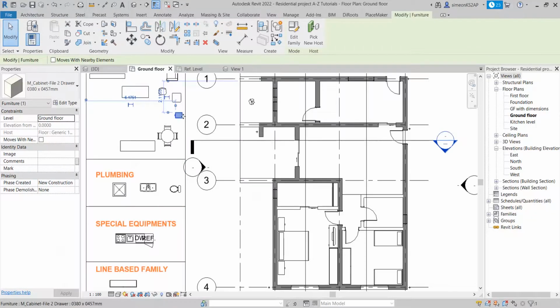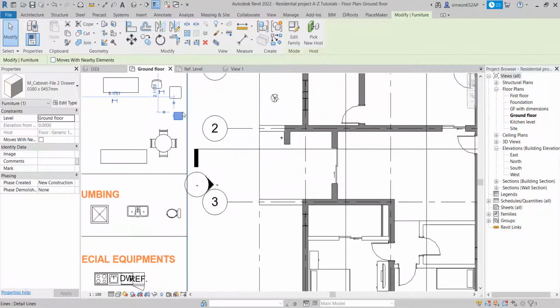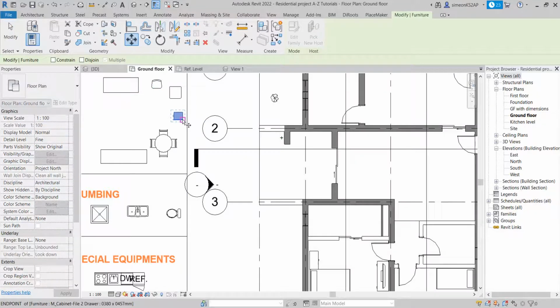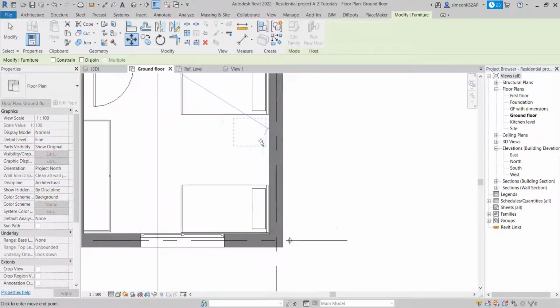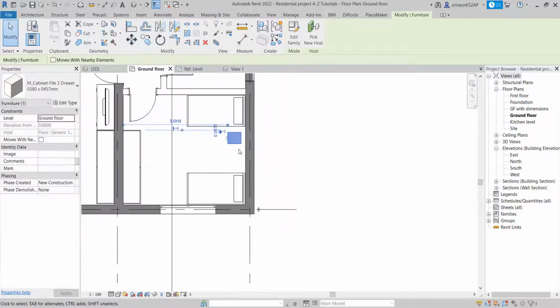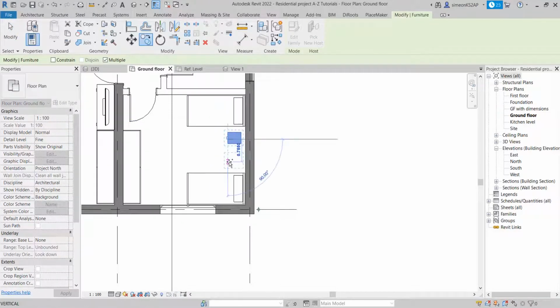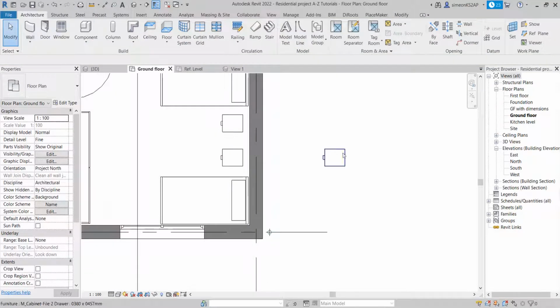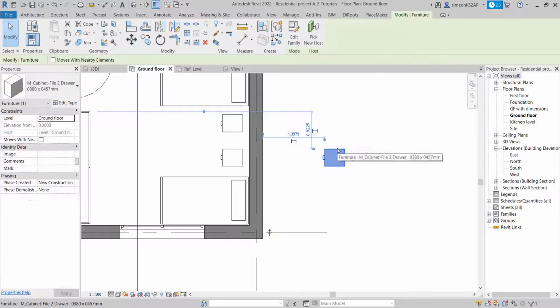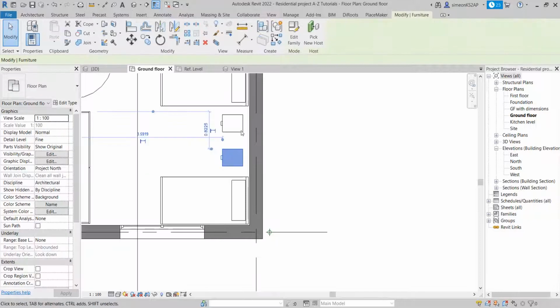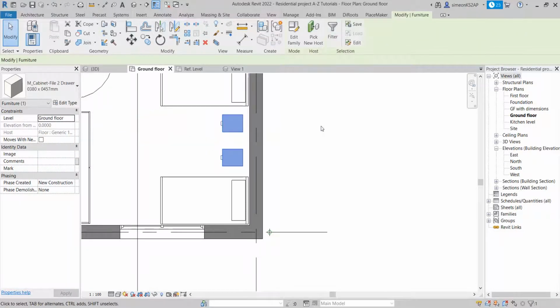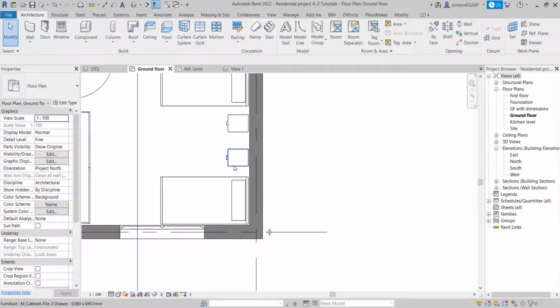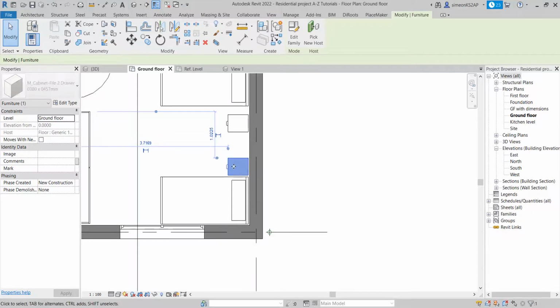You can always make smaller sizes, and I will make a separate tutorial about how to make some custom libraries from the existing. Okay, now let me copy this one, place it in the same here. Now I do not know why I'm making this mistake. Now I'm using the arrow keys here, Control Shift, Control Select to select multiple here. Let me make it closer to this bed, closer to that bed. Okay,